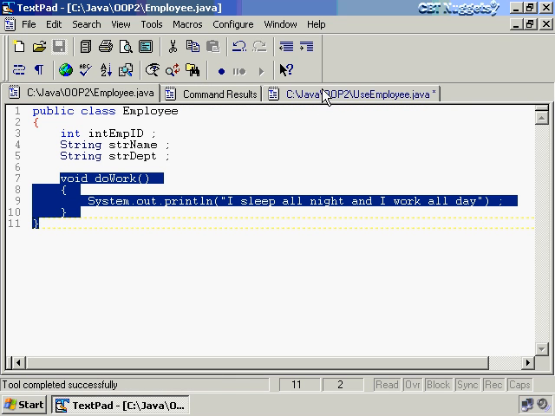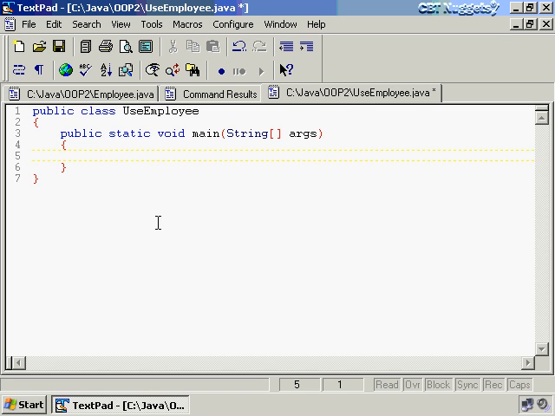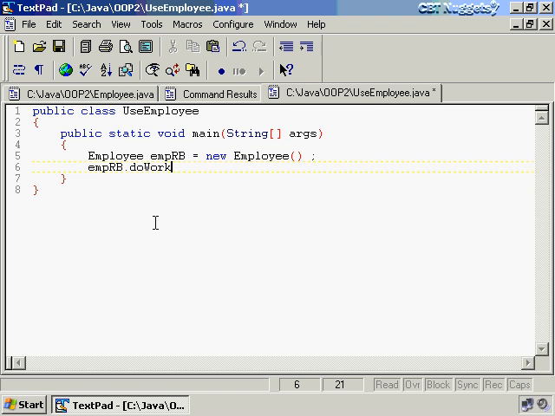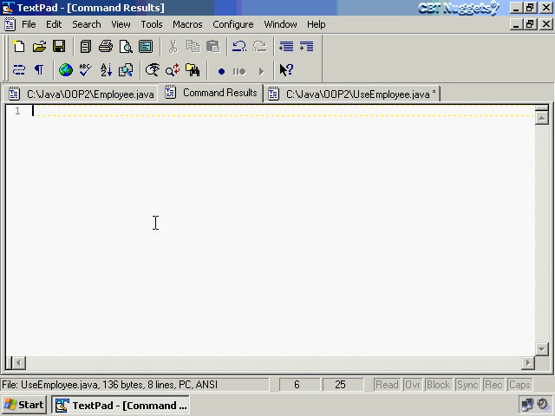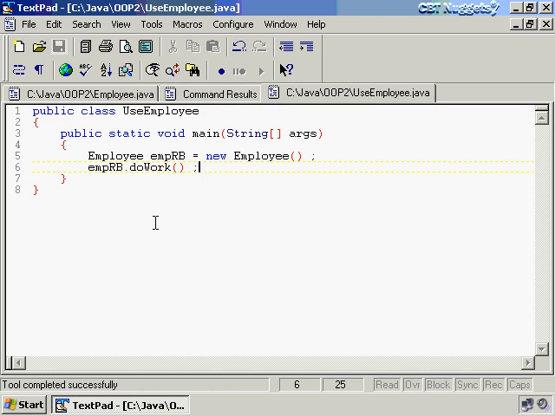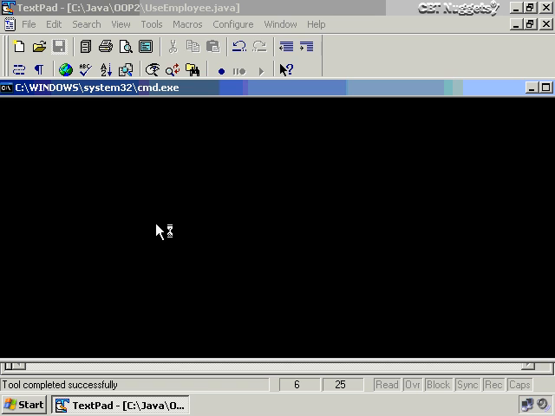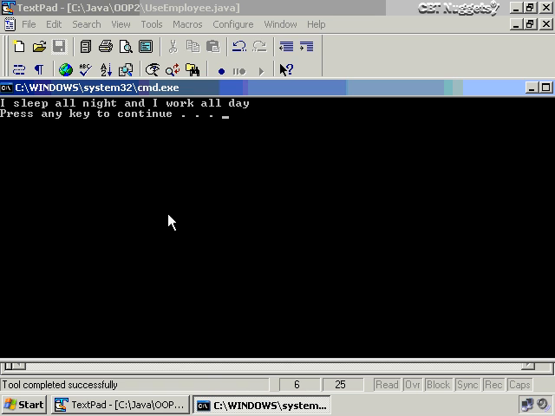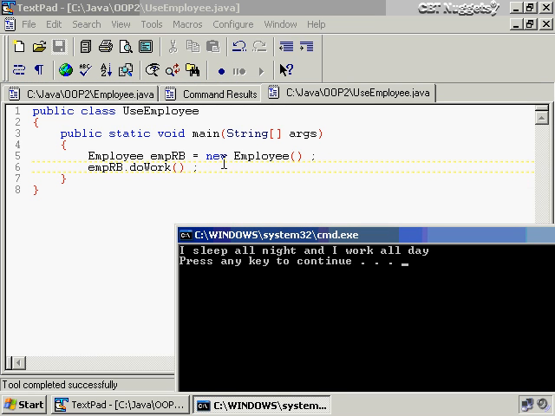Okay, so now that it's compiled, I'm going to create a new employee. Employee empRB equals a new employee. And all I need to do is say empRB.doWork. Let's see what happens. So I press Control 1 to compile, and Control 2 to run it. And here you can see that "I sleep all night and I work all day" is printed to the monitor,